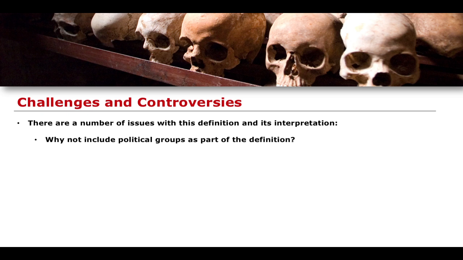So, for example, one of the most difficult and controversial parts of the crime of genocide is not including political groups as part of the protected groups in the definition. Why not political group? In fact, the Nazis, when they came to power in 1933, with the passage of the Enabling Act, and they started to essentially implement their racial and ideological fascistic policies, political groups were some of the first to be targeted. In fact, a lot of the work of the Einsatzgruppen following the invasion of the Soviet